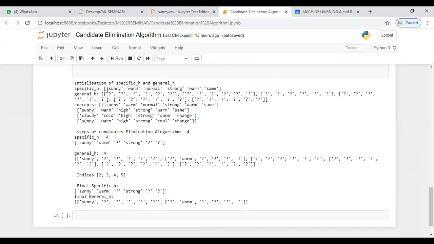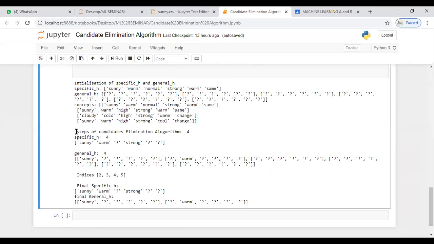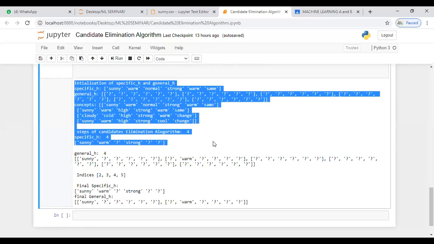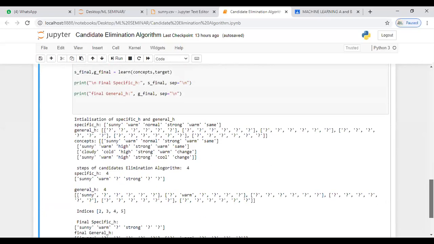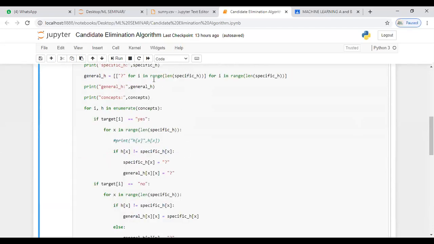First it prints the specific of h, which is the first value. Afterwards you can see here it's printing all the four records. Now it is printing the steps of the candidate elimination algorithm, which shows how many records you have. It represents four. And this is the final result after the execution of the positive records.